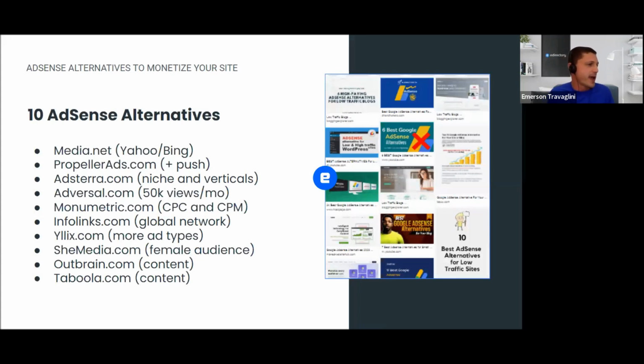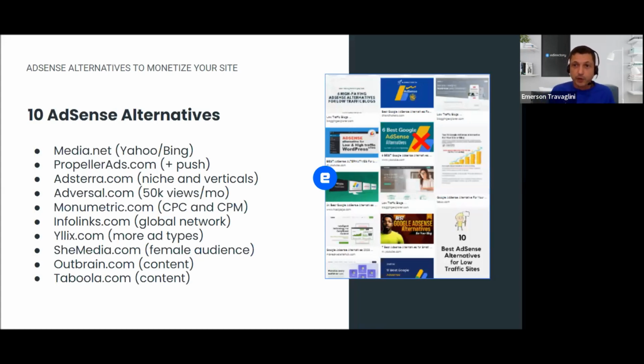You have popularads.com that also runs advertisement by push notification on your website. Adsterra works with a lot of niches and verticals. So if you have a website in a certain vertical, you can look for a better placement for your traffic.